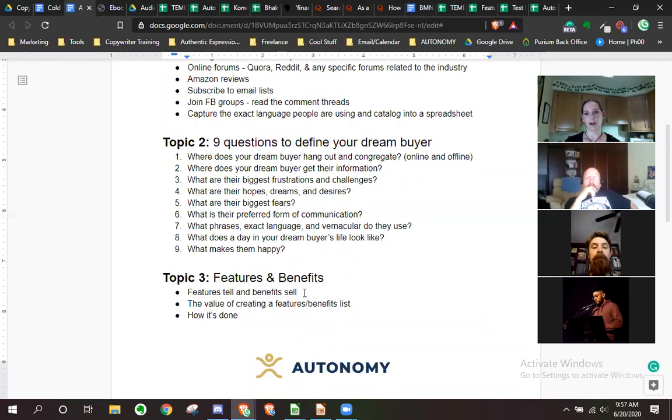They don't care who you are. They don't care about your qualifications. They don't care about the nitty-gritty details of what you're offering. They care about how it's going to help them. So when we're writing copy, we need to speak in benefits, and exactly how what you're offering is going to help them and make a difference in their life. So how do we do that?